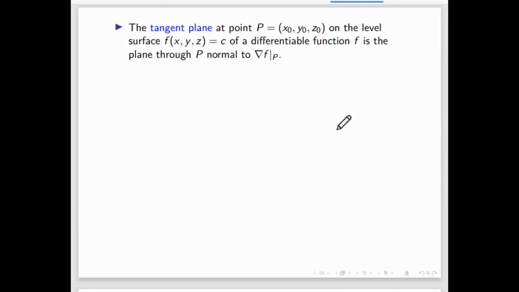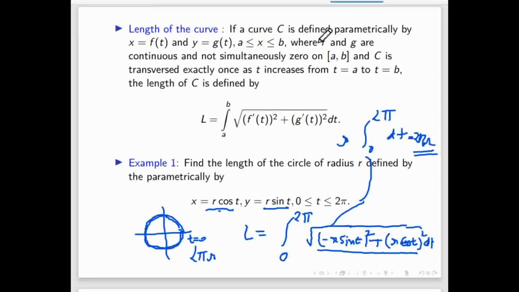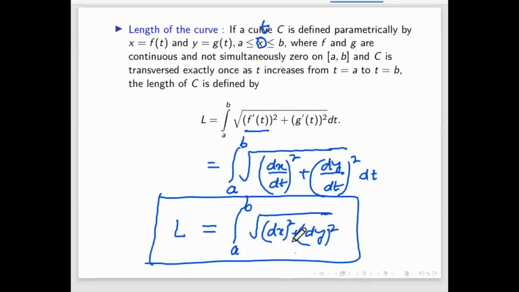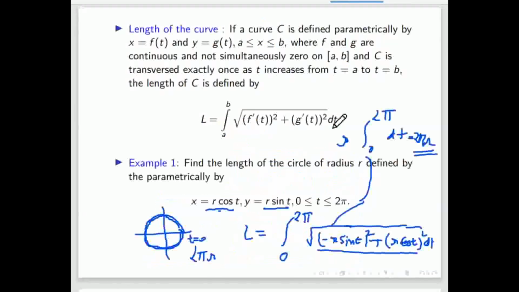So now the tangent plane, how you will find when you have this, suppose a point is given in 3 dimension. Similarly, if it is 3D, that means here like we are writing dx square plus dy square, then one more will come dz square. That means plus dz by dt. That means this z function, if it is h of t, then one more will come. In 3 dimension, if you want to calculate the length of a curve defined parametrically in 3D. And similarly in 4 dimension, even 5 dimension also you can calculate.